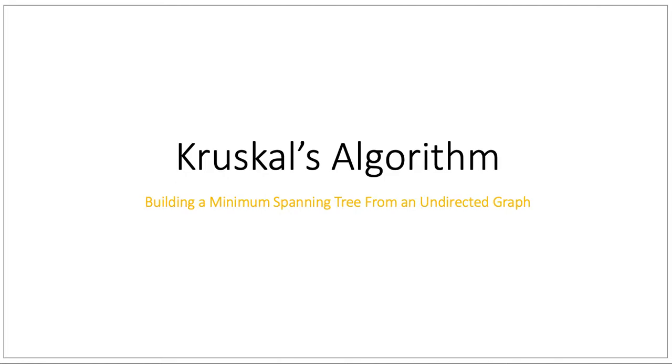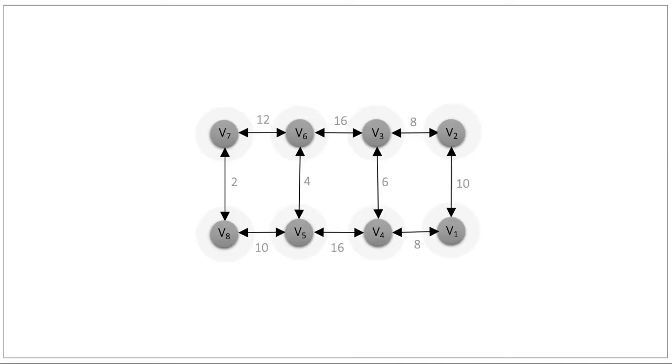I'm going to be building a minimum spanning tree from an undirected graph using Kruskal's algorithm. So here is our undirected graph, or bidirectional graph. And then Kruskal's algorithm